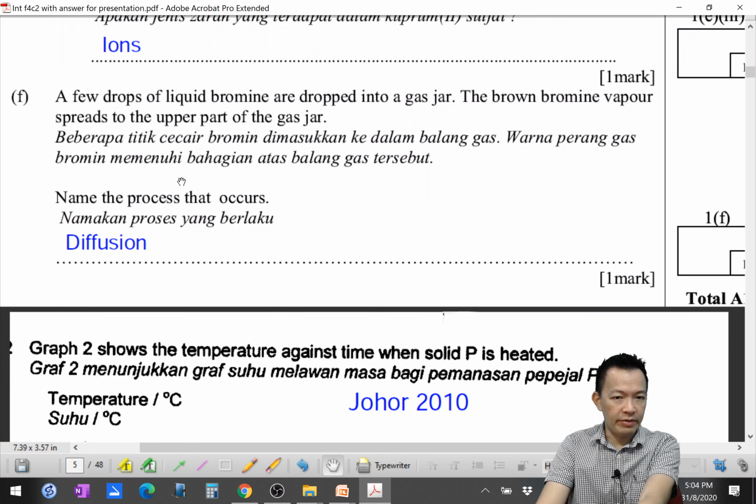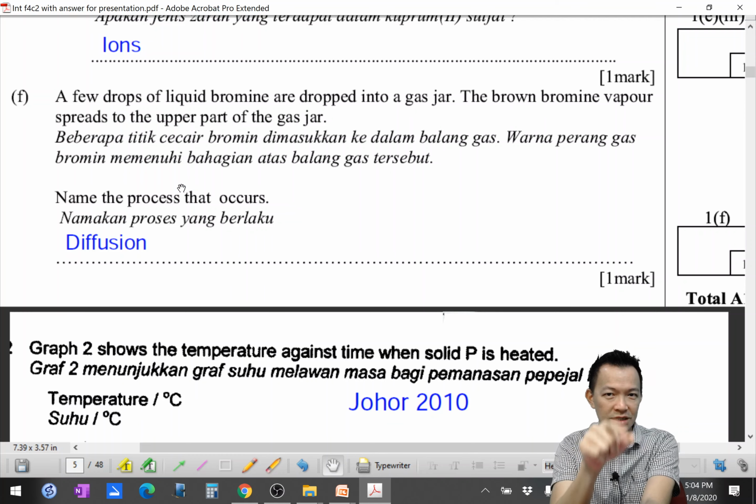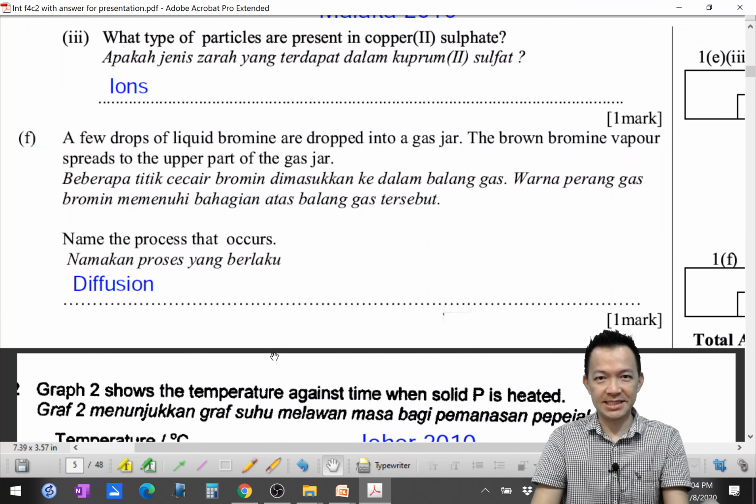Okay, but when we talk about diffusion, nothing to worry. Behind 后面一定有问题，针对着 diffusion 渗透这个字的。